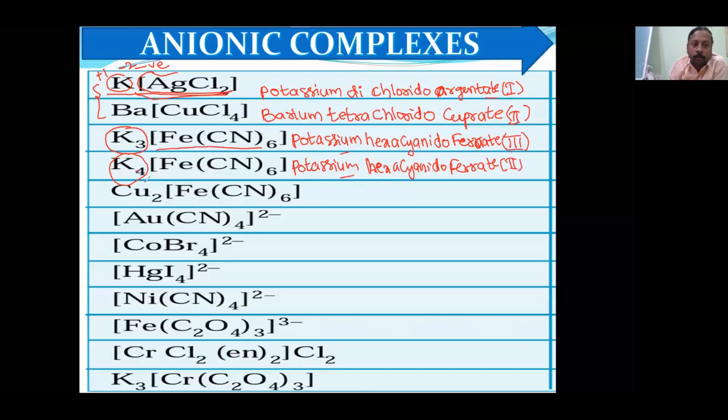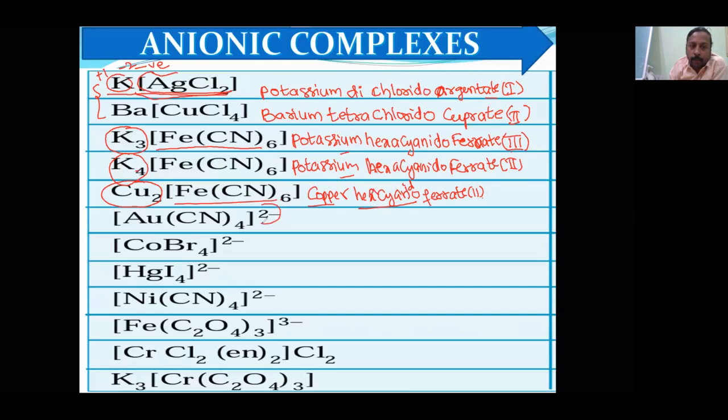Now here 2 copper are there. Should I write dicopper? No, you need not write dicopper. Automatically it will be reflected here. So try to write the next complex name, then I will explain if any problem is there. Here next, let it be 4 copper, 1 copper, you write only copper. Then in the square bracket, hexacyanido. Actually, this rule was modified afterwards. Earlier it used to be cyano, but nowadays it is cyanido. Hexacyanido, then ferrate, oxidation number 2.